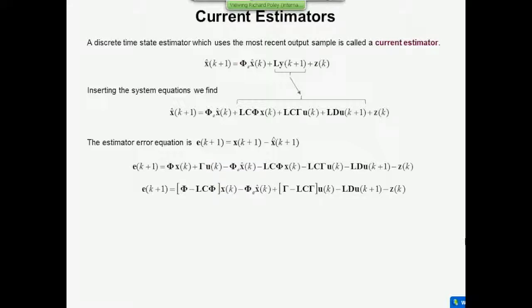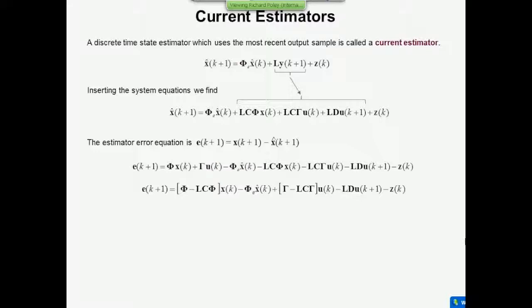What I'm going to do is to do the same as before by looking at the estimator error. So x of k plus 1 minus x hat of k plus 1 equals, well, x of k plus 1 is phi x of k minus gamma u of k minus all this other stuff that was up here in this equation. And now we can do some collecting together. We can say phi minus LC phi, and already we can see what the principal difference is with the current estimator. The eigenvalues are going to depend on another power of phi inside this matrix, that we're going to choose to be the same as phi minus LC phi in just a moment. And then there are terms over on the right here that have been collected together.